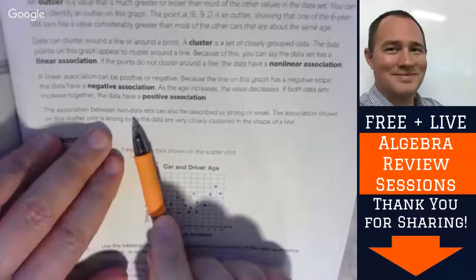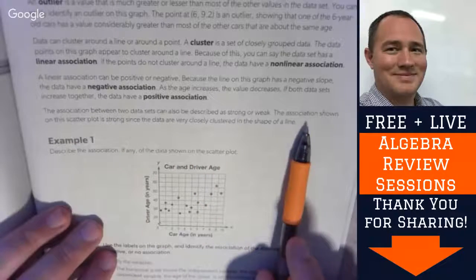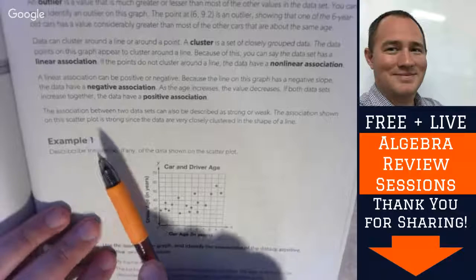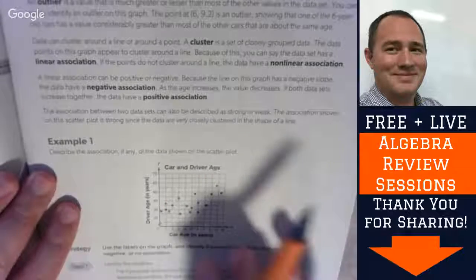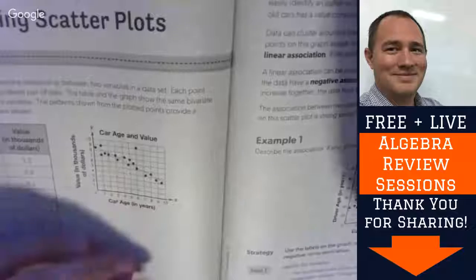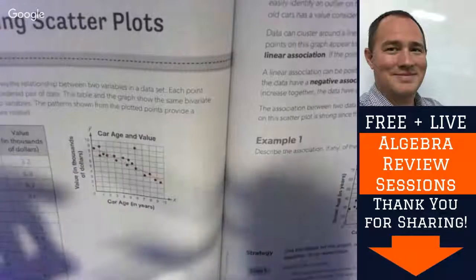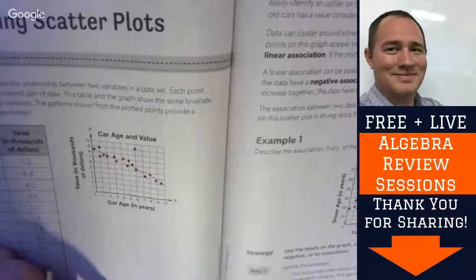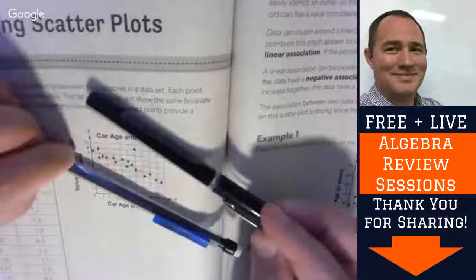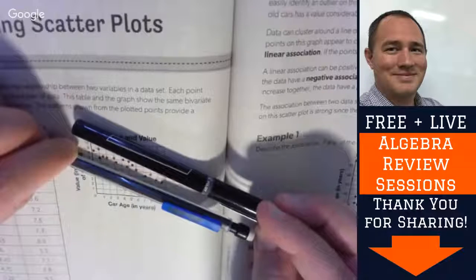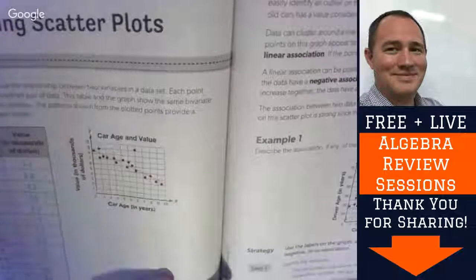And the association between two data sets can also be described as strong or weak. The association shown in the scatter plot we just looked at is strong since the data are all very closely clustered around the shape of the line. So if we look at this, for the most part, aside from the outliers, they're all following this pretty narrow corridor, right? They're all fitting pretty closely, for the most part, right around that orange line. So that would be a strong